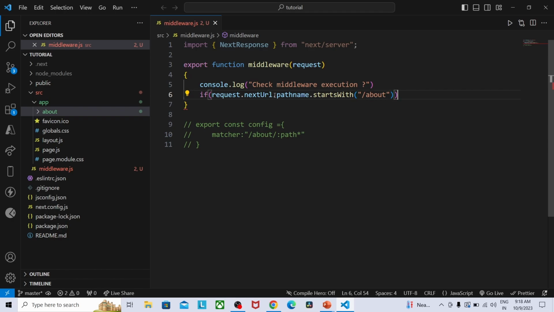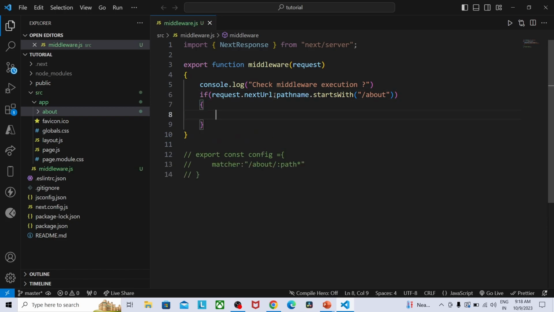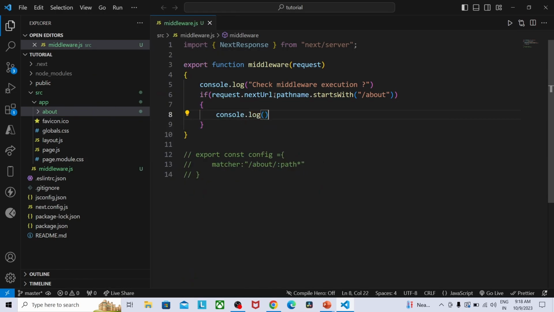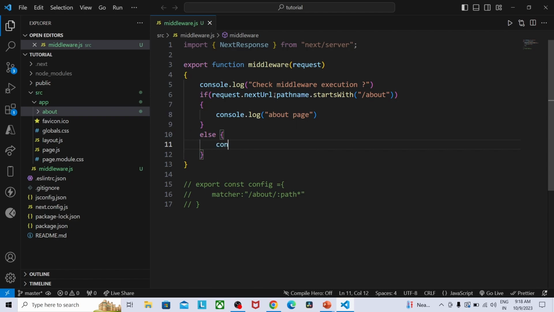Here I'm going to define my instructions which need to be included. So here I'm going to provide console dot log about page, else, again console dot log not about page. So let's go to the browser,